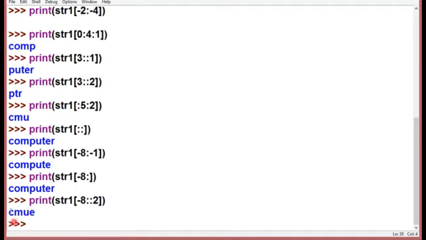It will start from the left hand side and will reach to the right hand side because the stride value is positive, right? So C is stored at -8, then -7 will be skipped, then -6 will be considered, -5 will be skipped, -4 will be considered, and so on. Clear?